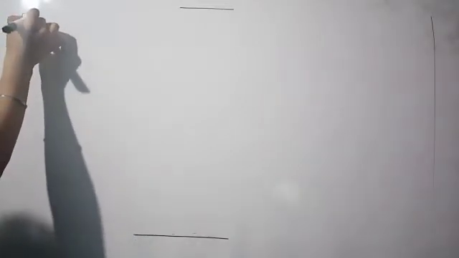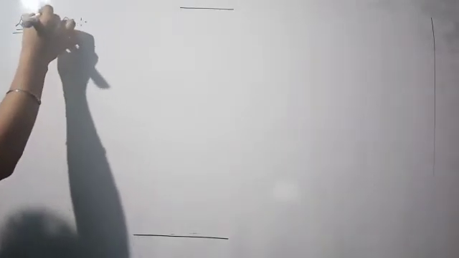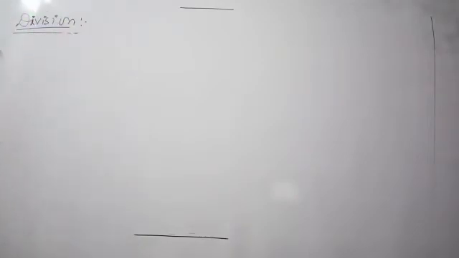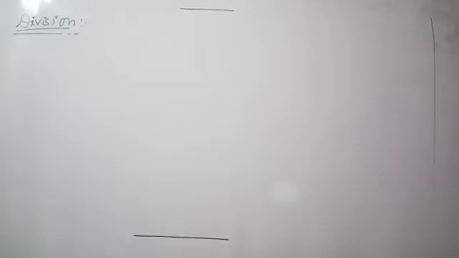In this lecture, we will discuss the properties of division in whole numbers. Okay, let us start with the properties of division. In division, the properties are similar to subtraction: they are not followed. All the properties generally followed in multiplication and addition are not followed by division and subtraction of two whole numbers.